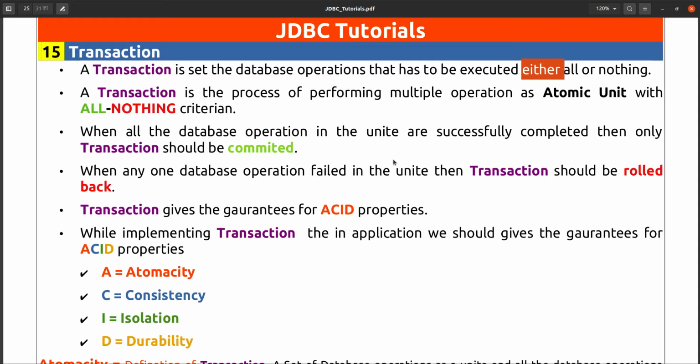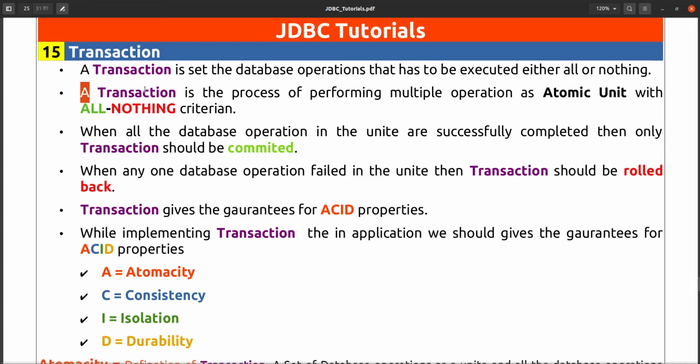If 10 database operations are available, and three statements fail to execute but the remaining ones execute successfully, in that case you should not keep those 7 statements either. You should roll back those also. Either all statements should be executed or none of them. So this is the definition of a transaction.